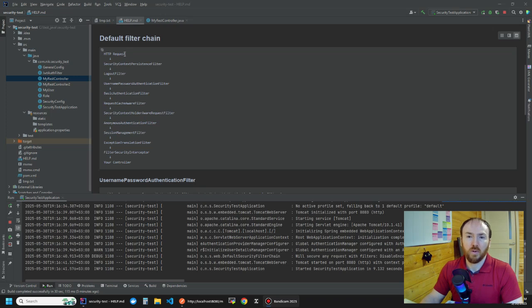So an HTTP request comes to our service, and here we have a default set of filters. And so finally we get to our controller. Okay, so we have here the username password authentication filter. We use a JWT token, and